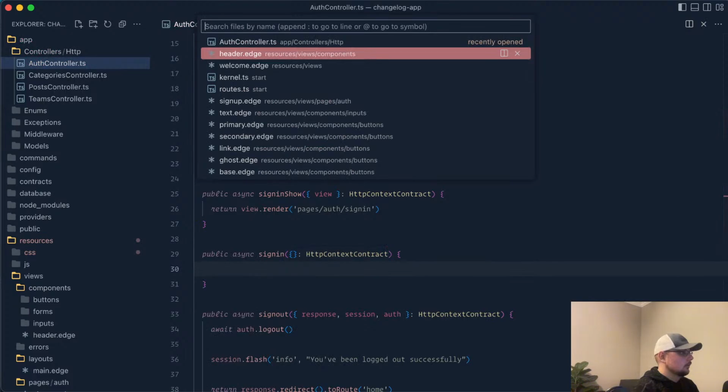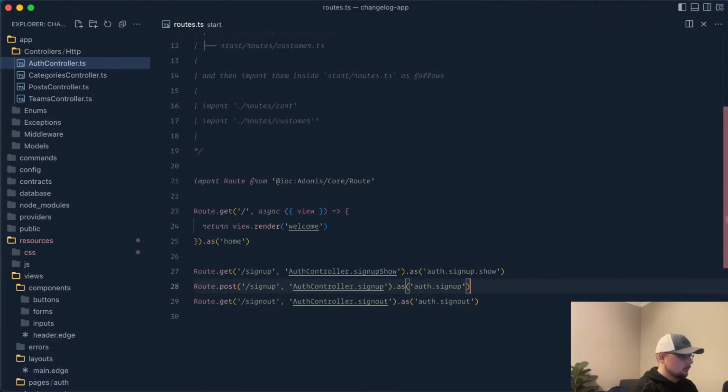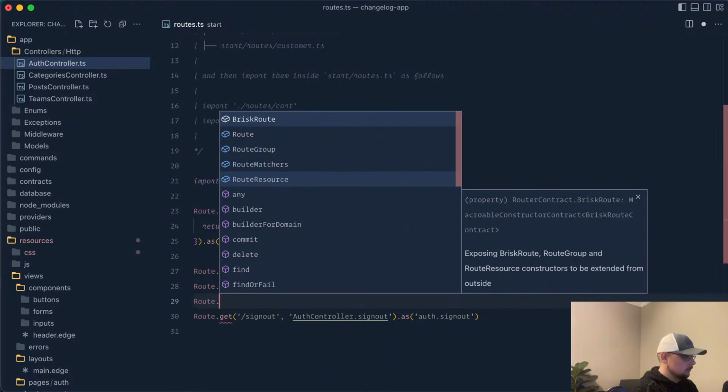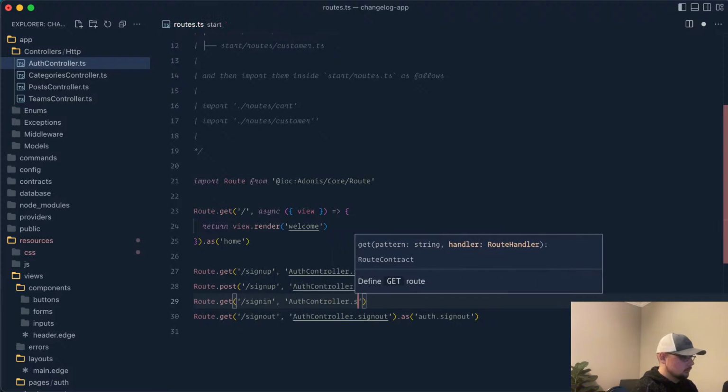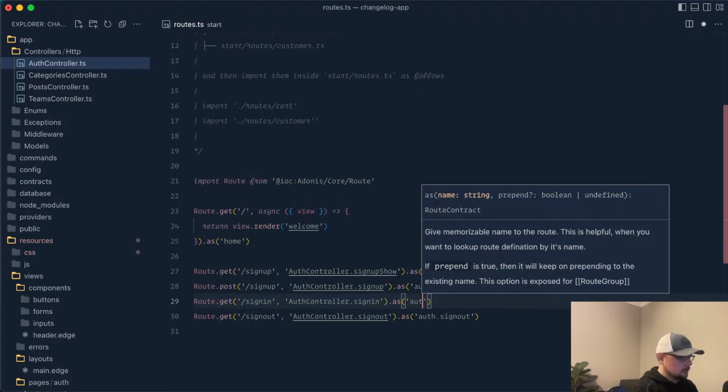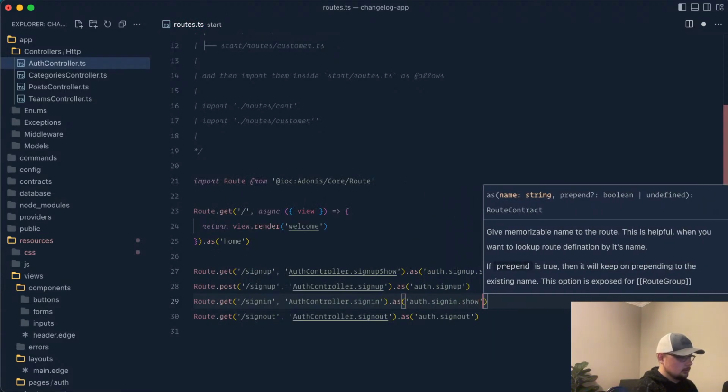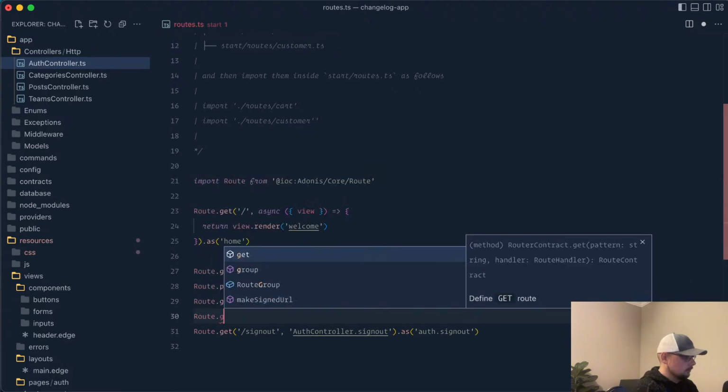All right, so routes. So we have sign up, sign up. Let's do get sign in auth controller.sign-in as auth sign in.show, and then route.post